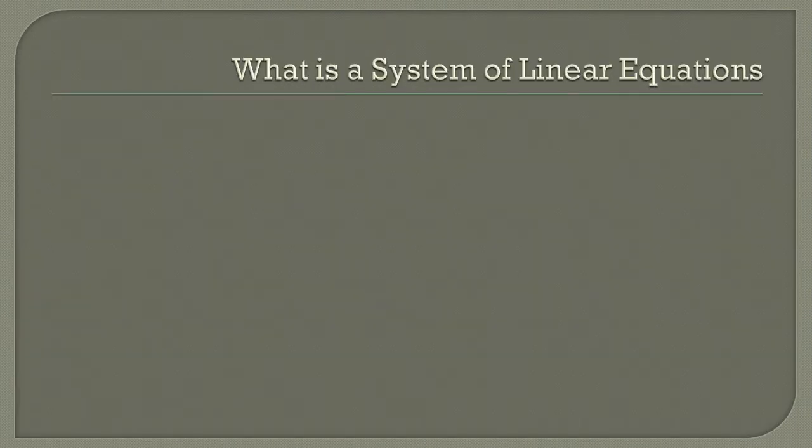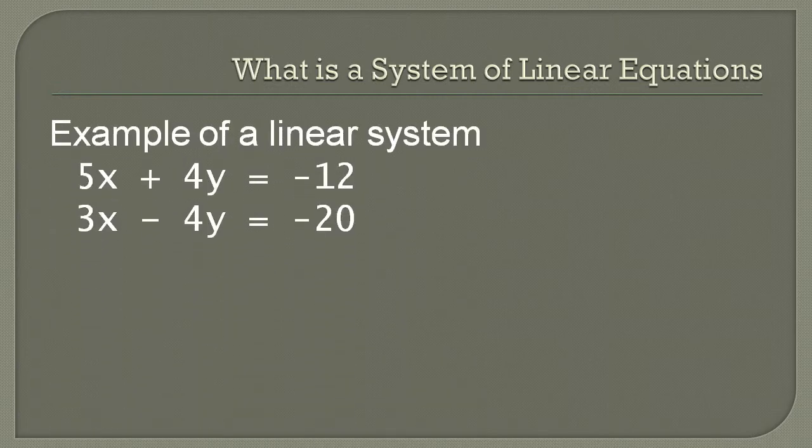What is a system of linear equations? A system of equations is a collection of two or more equations. For each system, there is the same number of variables as there are equations. So in my example over here, we have two linear equations, 5x plus 4y equals negative 12, and 3x minus 4y equals negative 20. In this set of equations, you can see that I have two unknown variables, x and